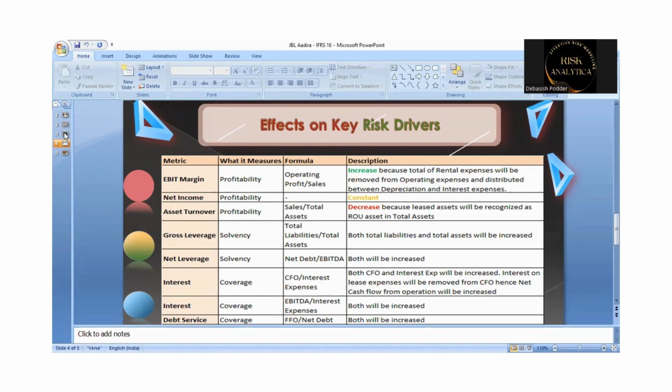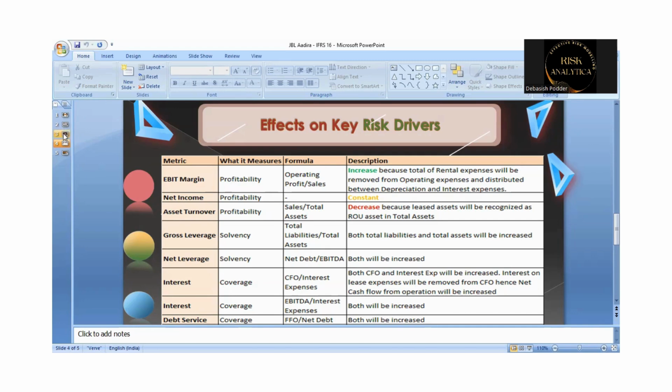So if anything is impacting the profit or loss account or the balance sheet, it means that the financial ratios are also impacted. So before I go through all that, what are the important lending based ratios or risk based ratios which are impacted post implementation of IFRS 16,